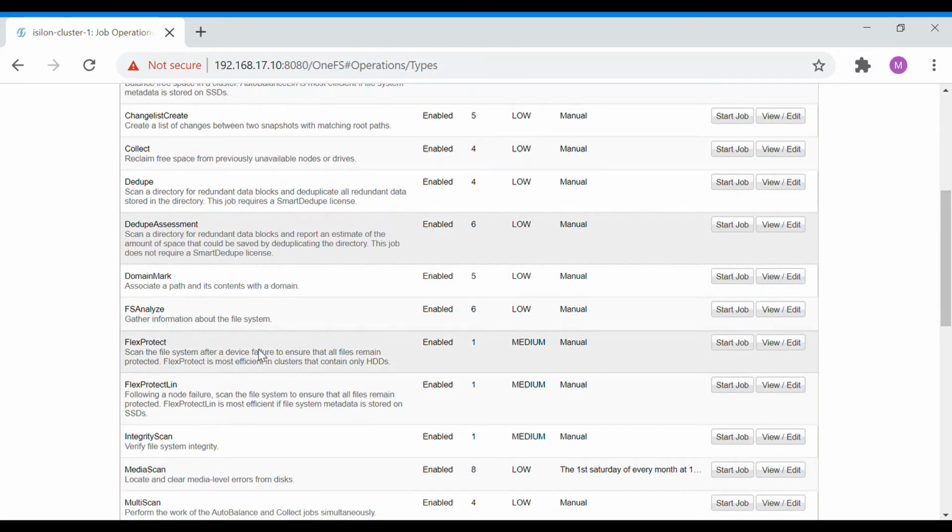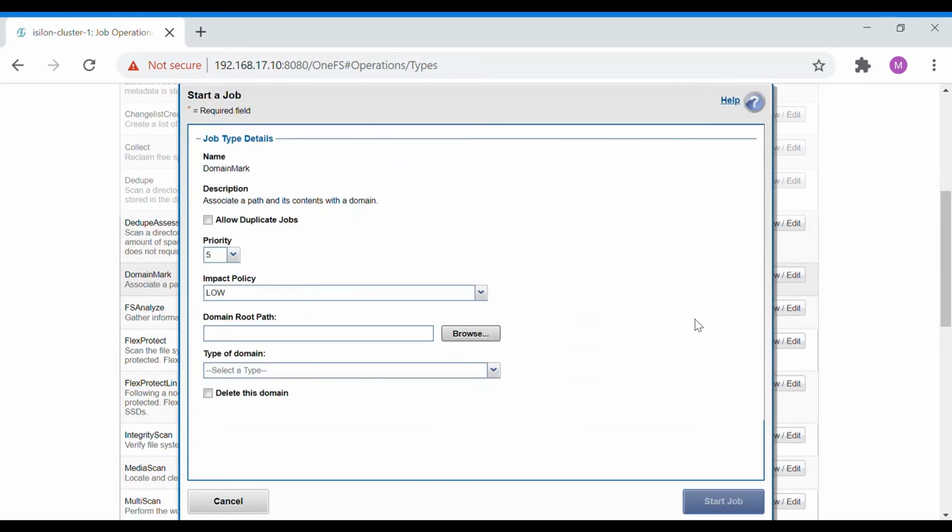Coming down you have domain mark. This domain mark is used to associate a path with a particular domain, and it has a priority of 5 and impact as low. So you can start this job, and you can give the input of which domain path you need and what type of domain.